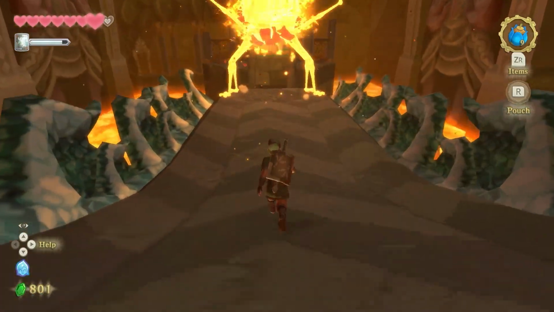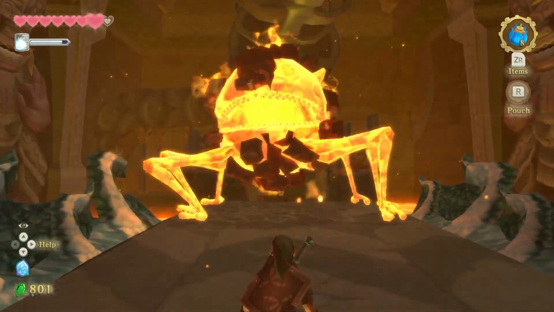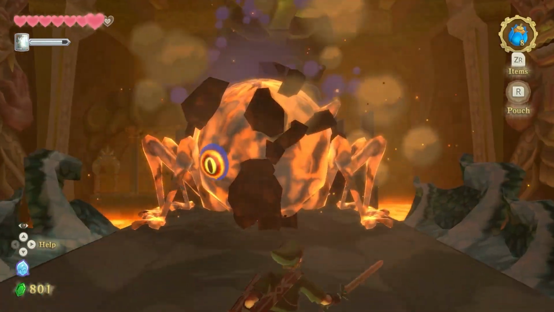It rolls all the way down to the bottom, so it makes it very easy to throw another bomb flower into his mouth. Then on goes... Thy name is...